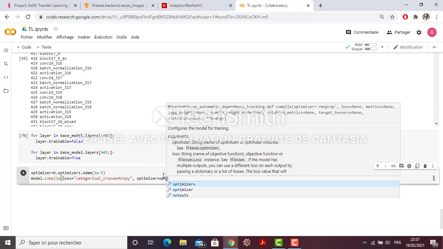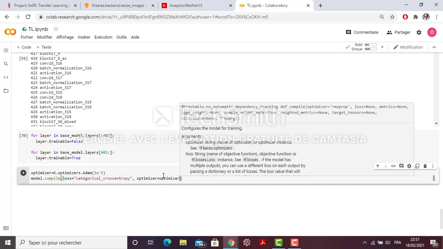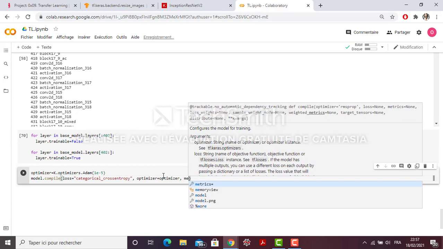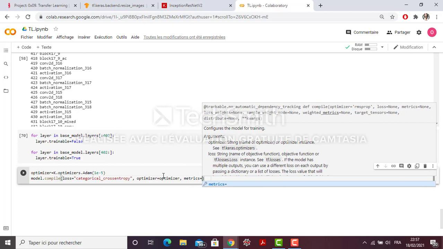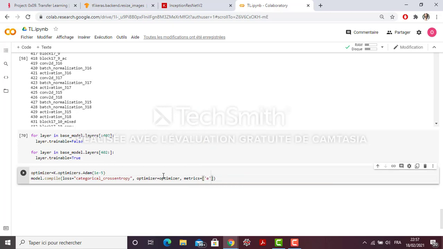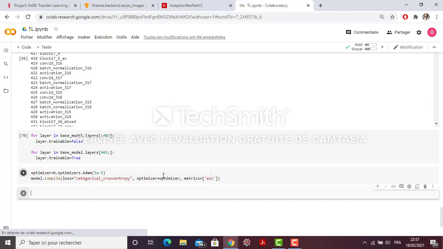Okay, so it's going to be the optimizer, and then the metric will be the accuracy. Okay, so this is for compiling the model.